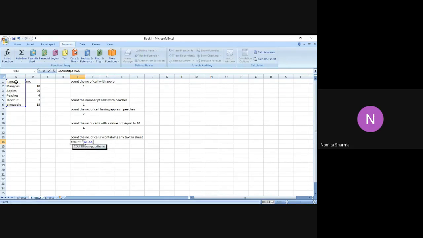So I say comma, and next, if you remember, we're going to use the star character, but it must be within the double quotes, and I close the bracket with this. Let me see the function once again. It's COUNTIF, the range, comma, the star symbol, which is a wildcard character, within the quotes. And let's see what result I get. It's going to give me 6 because indeed there are 6 cells having any text, right? So that way we can practice that.